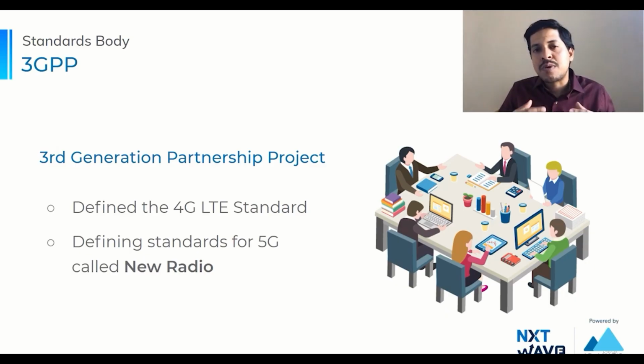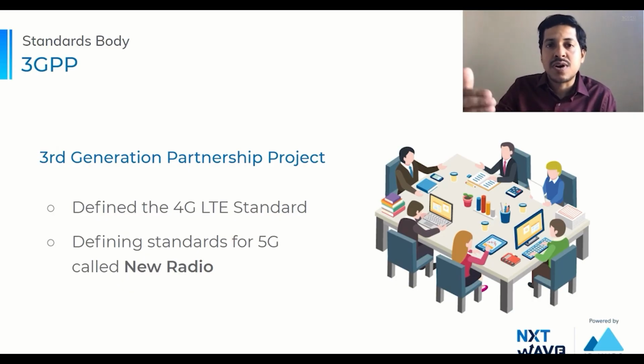And one of the most popular standards bodies is 3GPP, or Third Generation Partnership Project. This is an industry consortium consisting of companies and representatives from government from around the world, which is in fact the entity that defined the 4G LTE technology standard. And it is also the body that is defining the standards for the most popular 5G technology, which is called New Radio. And in the next section, we will actually dive deep into 5G. We will talk about the fifth generation. We'll talk about what are the use